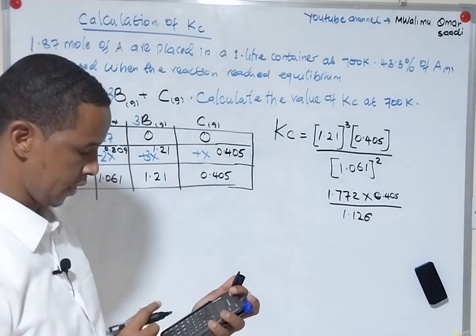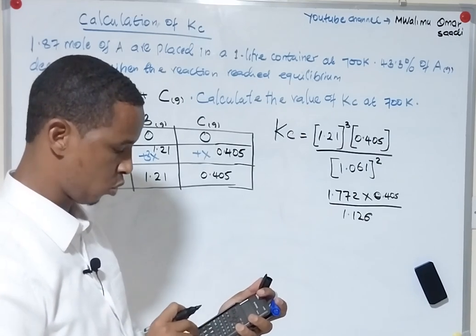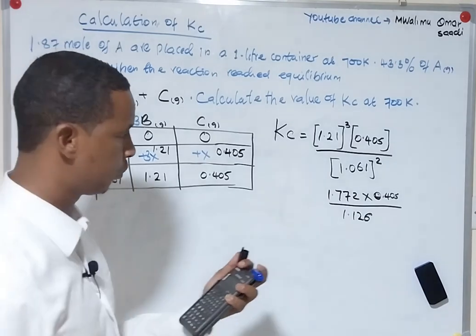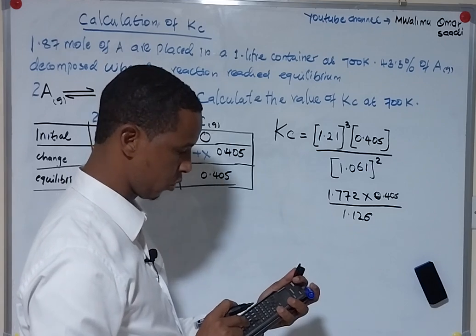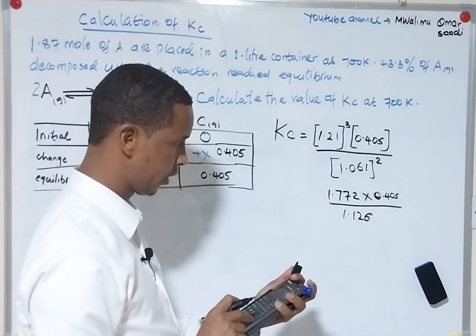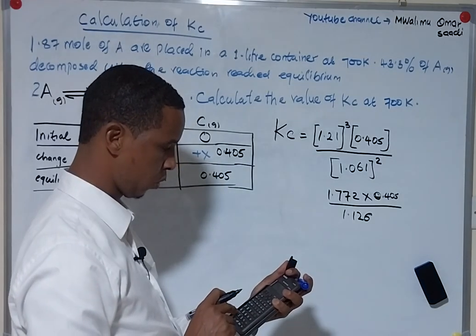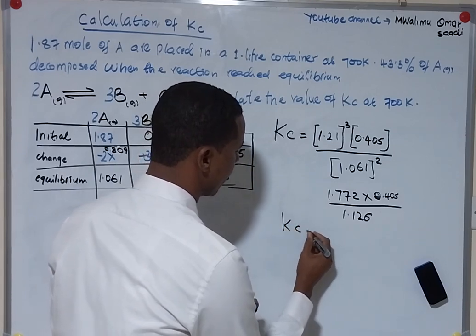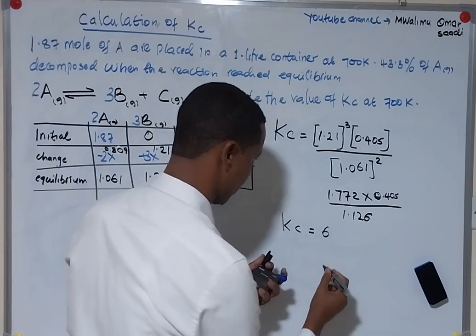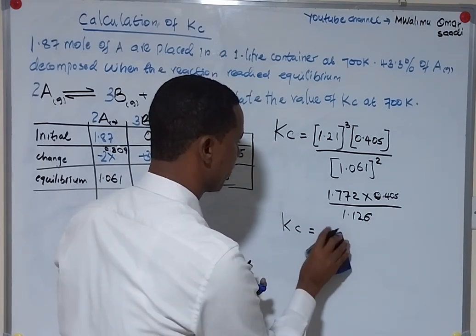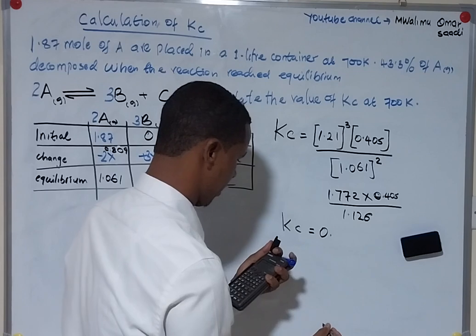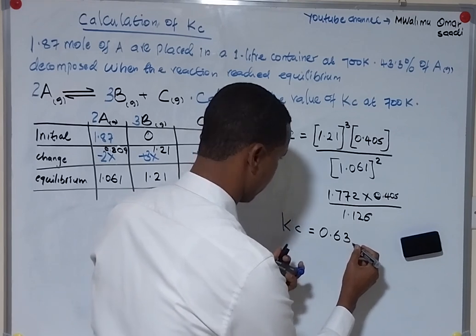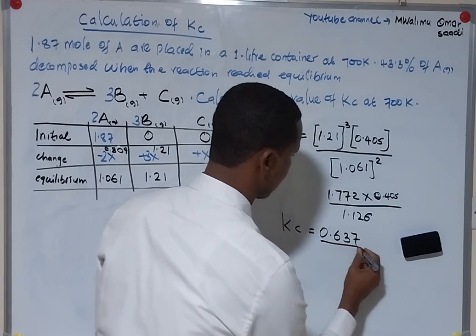So let's multiply 1.772 times 0.405, which is 0.72, and divide by 1.126. So our Kc is equal to 0.637. So that is